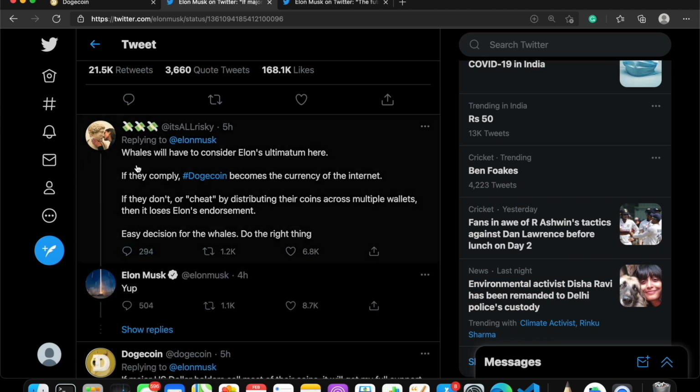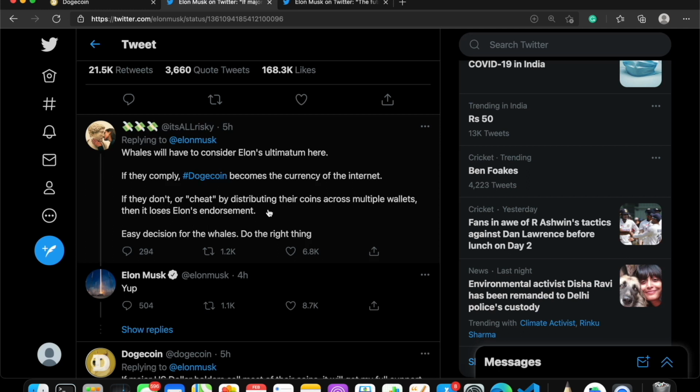What this guy is saying is, he is comparing the big holder, whoever is holding the 20% of coins, or somebody who has so many coins, as whales, and he's saying that Elon has declared an ultimatum, so whoever is holding them should distribute them to multiple wallets, or you will lose Elon's support for Dogecoin.